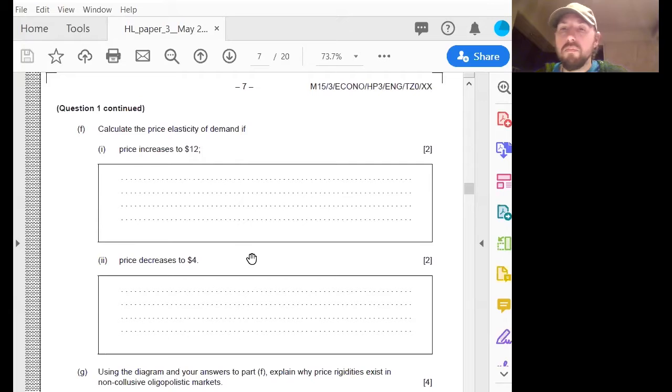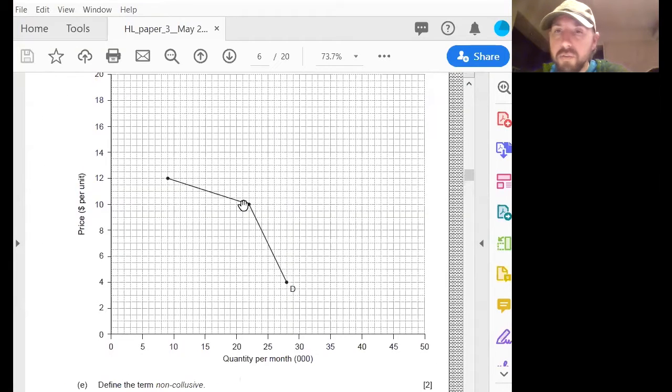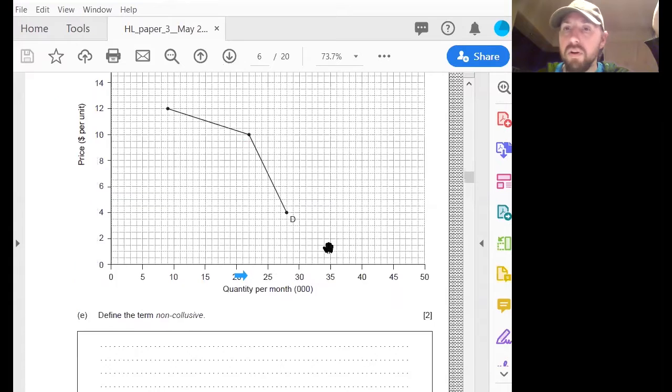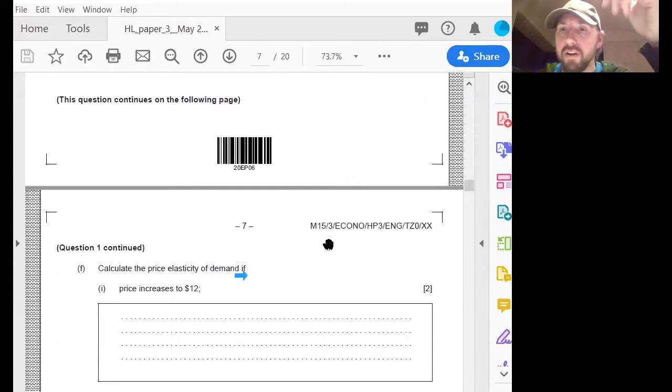You should pay attention that the original price here was, do I have a little thingy? I know I do. Come on, annotate, stamp. Ooh, stamp, let's try stamp. I haven't tried that yet. Stamp, arrow. But bam, hey, look at that. Yeah, see, price is 10. So now can I still scroll? Ah, it's still there. That kind of sucks. Okay, fine. So notice price was 12. Let me get rid of that annotation. That's kind of annoying. Go away. Said clear all drawings. Now give me a new one. Nah, screw it.